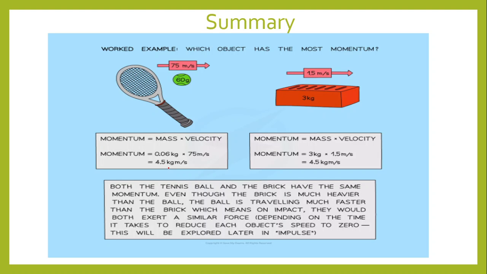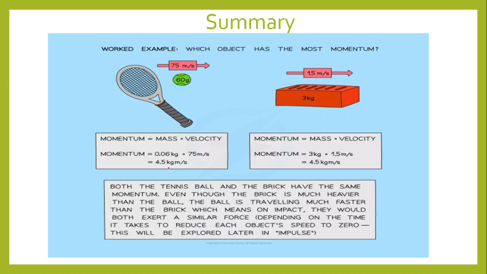So now we are going to summarize what we have studied. Which object has the higher momentum? Now we know that momentum is basically just mass multiplied by the velocity. So multiply 60 grams by 75, and 3 kilograms by 1.5. Both of them have equal momentum. The product is 4.5. So although it may seem that the brick is heavy or that the ball is small, so it is moving at a higher speed, or just making assumptions like that,